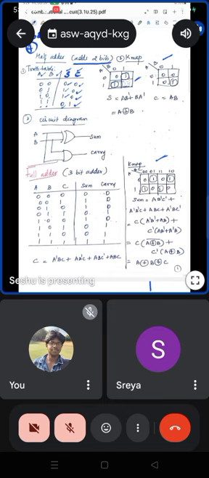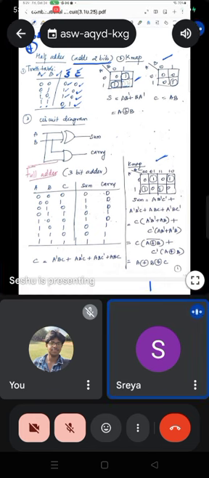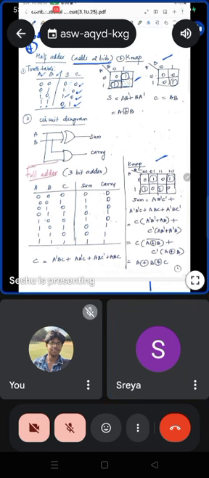If the inputs are 1, 0, the output will be 1, 0. And if the input is 1, 1, the output is going to be 0, 1. So this is going to be the truth table. The first step is that you have to draw this truth table. This question is there in your question bank. Now, second step, after drawing the truth table, what is going to be the second